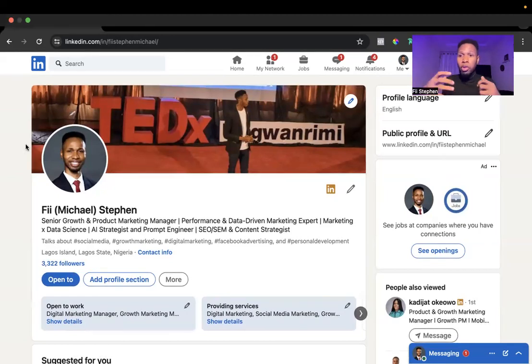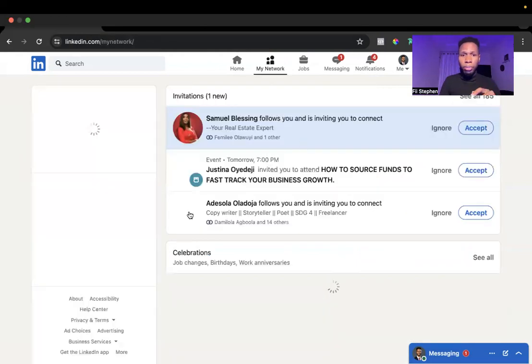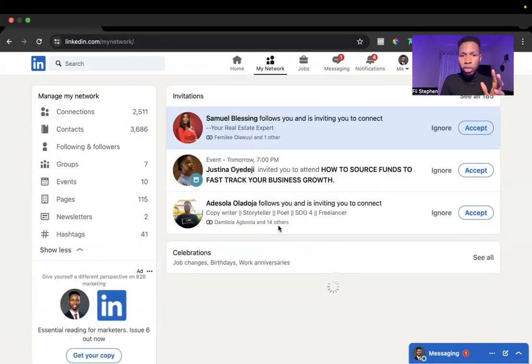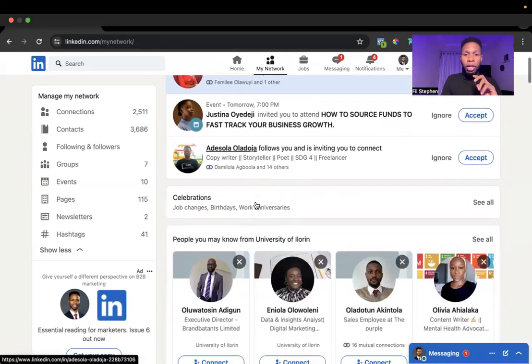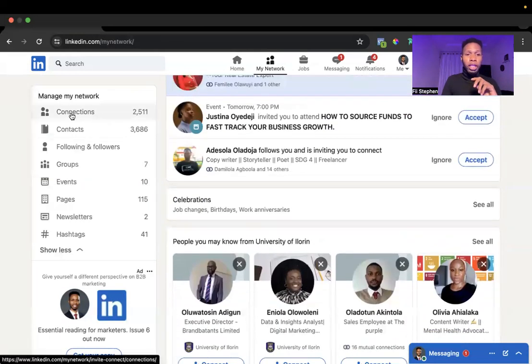Now, the second thing we looked at, in the second session, was how to build your network on LinkedIn. So now you have a professional profile, but you're not on LinkedIn for yourself. You want to connect with clients, potential investors, and people that can buy from you. So the next thing we looked at was how you can build your LinkedIn network. During that session, we talked about first degree connections, second degree connections, and what networks are.